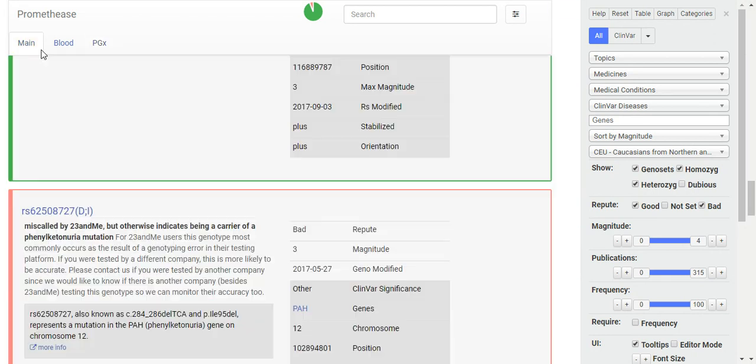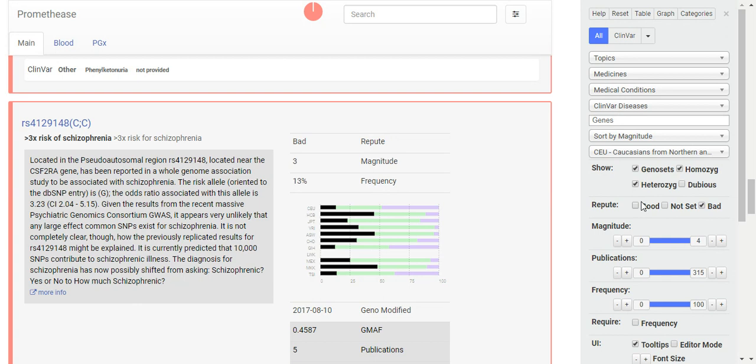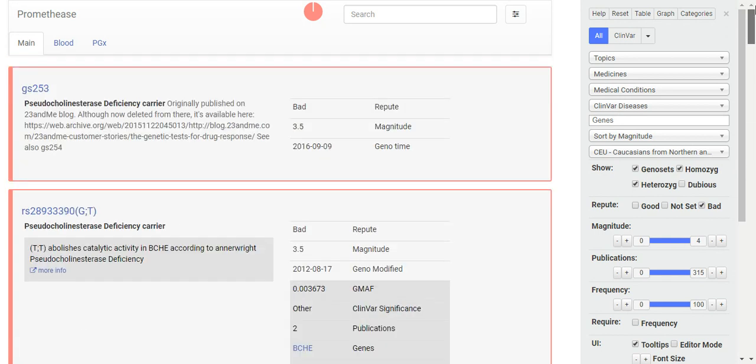Let's see. So we're going to go back to main. I'm going to just set it to bad. And there's something. I think it was this, actually. So if you're not the carrier, but you carry this deficiency, it's useful to know, especially when you're going under anesthesia.